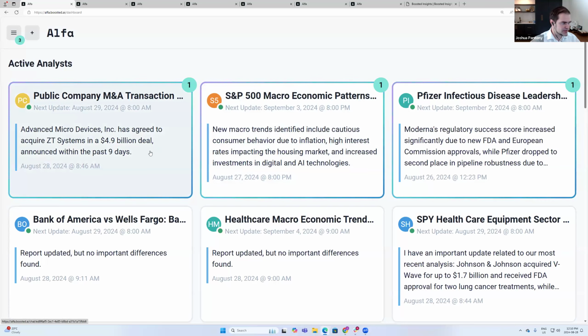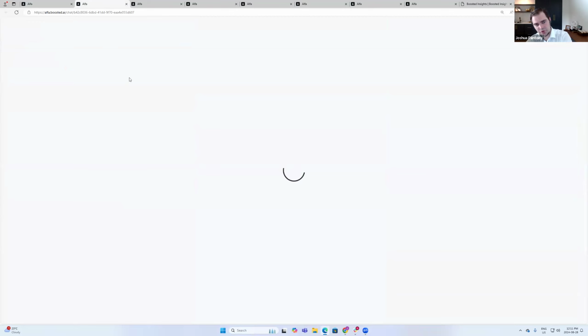So I have an agent here that is basically scanning through every company in the S&P 500 and finding any company that makes a change to one of its M&A plans. I have a system agent here that's going through, scanning every earnings call in the S&P 500, reading all of them, and trying to find new and emerging macro trends. I have another one over here that's doing a deep dive analysis on the infectious disease space and different leaders in that space. And for each of these, after I've taught them how I think about this task, they're going to do that work on a continuous basis, and they're going to notify me if they find anything important.